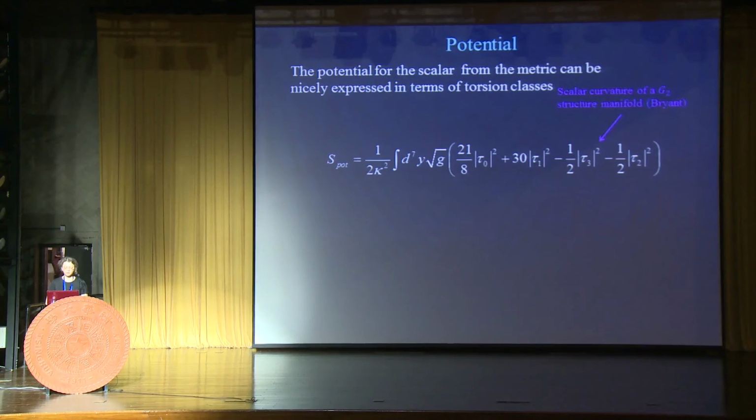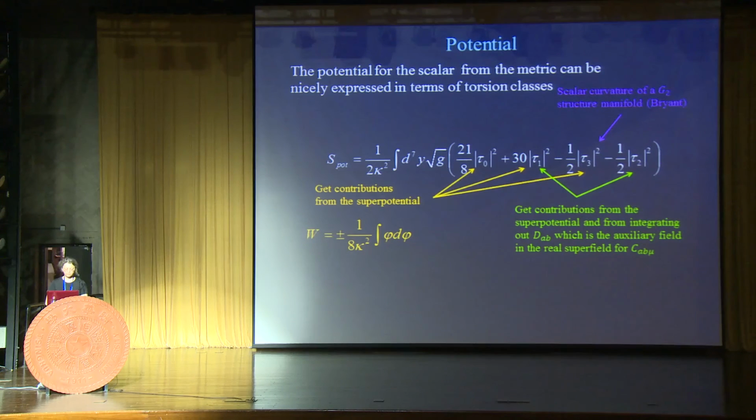Let's talk about the potential. Well, the potential is fun. It turns out that, again, using G2 magic, we can rewrite it in terms of torsion classes. Here this is actually a shortcut, and we can be lazy. Namely, this is nothing else than the scalar curvature of a G2 structure space written in terms of torsion classes. And Robert Bryant computed this in a paper for us, so we can just take over the result. And we can compare this with superspace